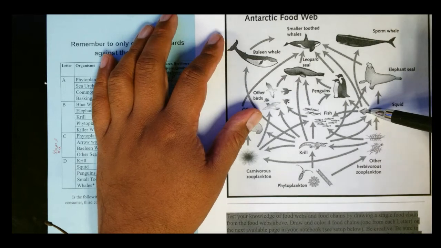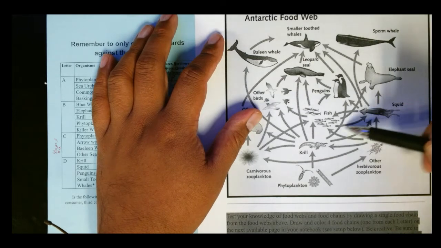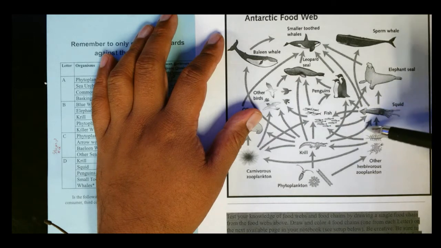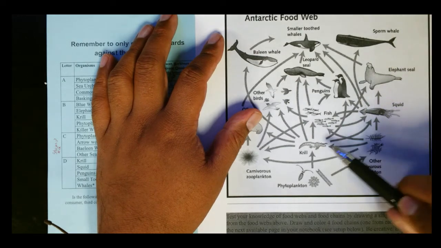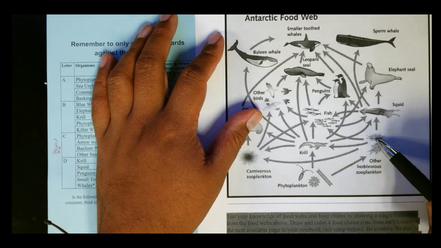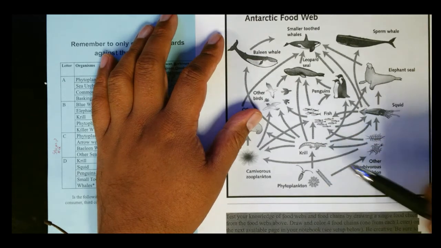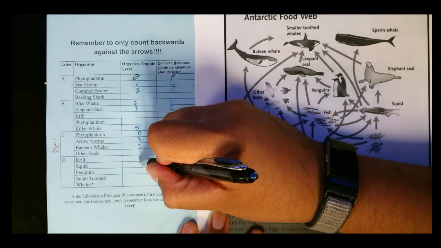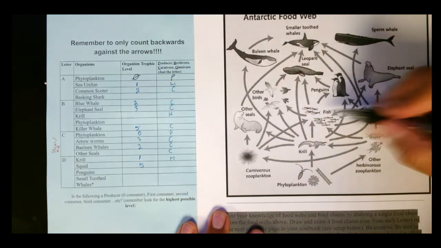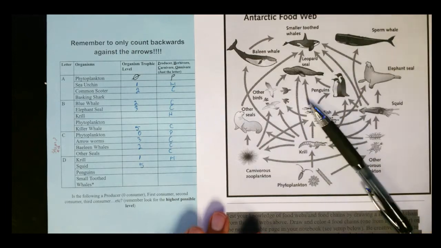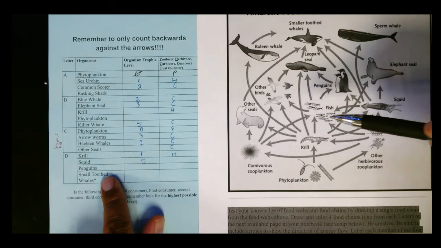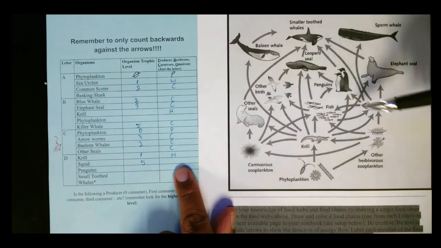So again, let's track it again. So 1, 2, 3, 4, 5. So I can get a 5th level consumer for the squid. Again, if you get into that loop, they say you can go in and come out, just don't stay in there. All right, so next up we're looking at something like, and see from here,